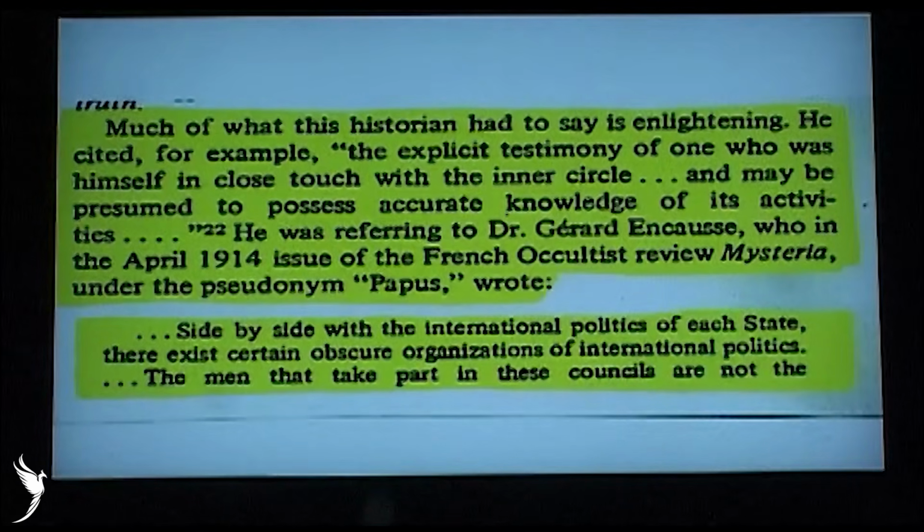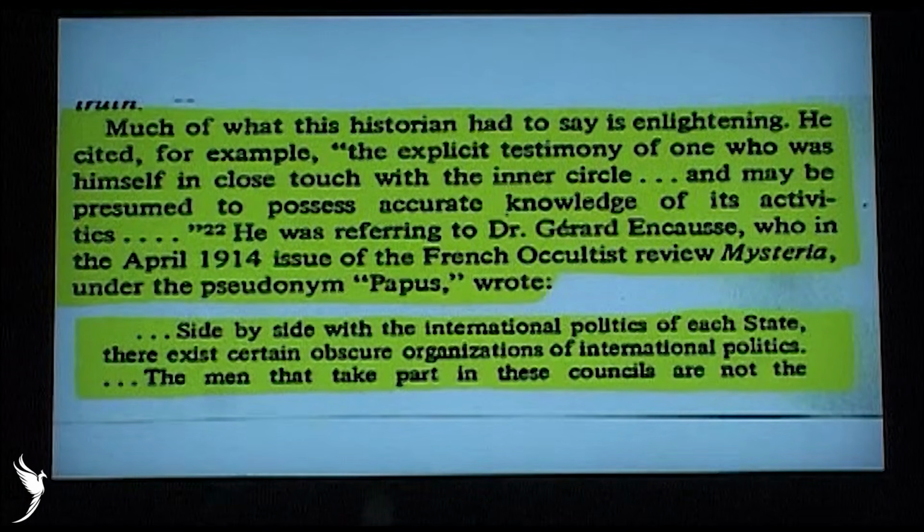Much of what this historian had to say is enlightening. He cites, for example, the explicit testimony of one who was himself in close touch with the inner circle of this secret society and possessed knowledge of it. He was referring to a doctor who, in April of 1914, wrote in an issue of the French occultist magazine Mystica under the pseudonym of Papus. This doctor, a member of this French occultist society, wrote in the Mystica magazine, he said, quote, "Side by side